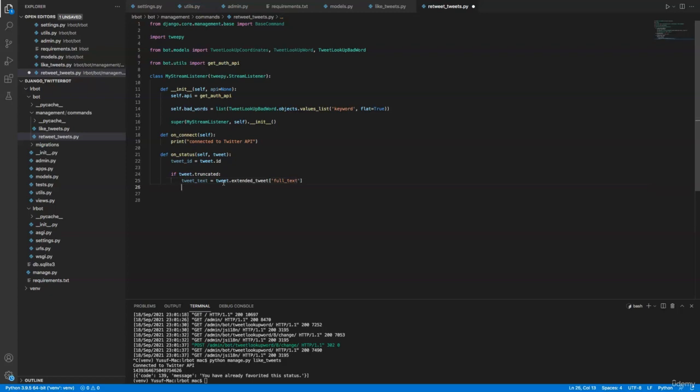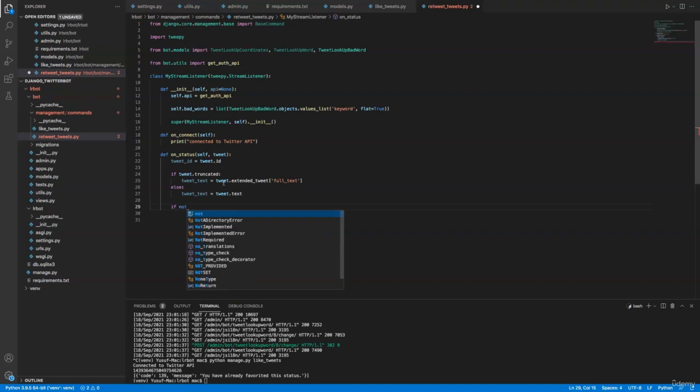And then if it's not truncated, so I'll do an else. If it's not truncated, then I'll just get the text. So it will be tweet.text. Then if the tweet is not a retweet, so if not hasattr